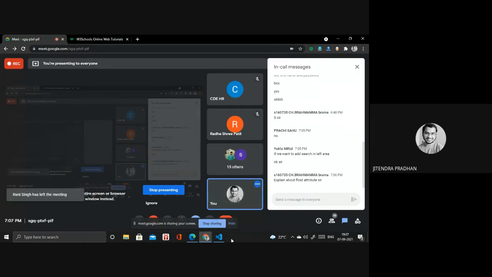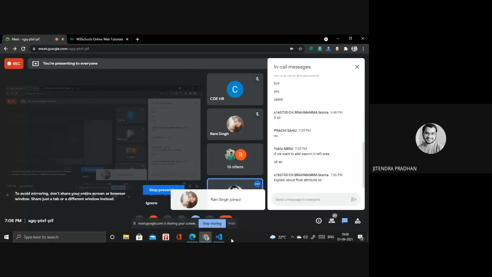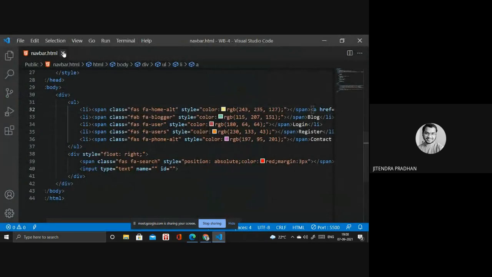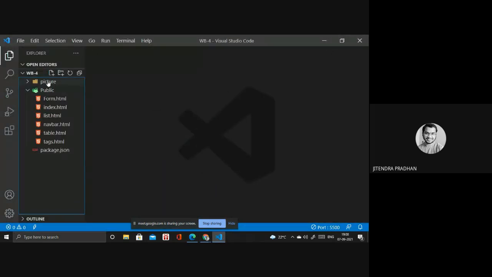Okay, so the semantic tags. If you're designing a header part, then you have to use header, and if you're designing a footer part, then you have to use footer. If you're designing a main part, then you have to use main. We have aside, and other tags as well: article, navigation, and footer. I will show you one by one. Wait, we open that one, and inside we have to create semantic tags.